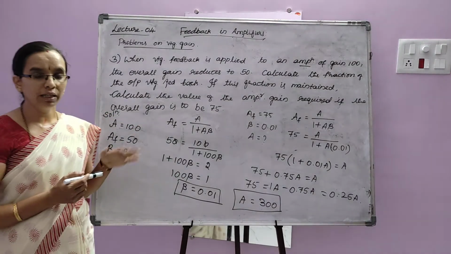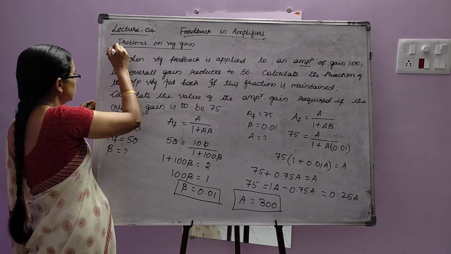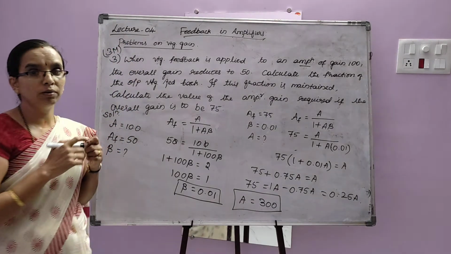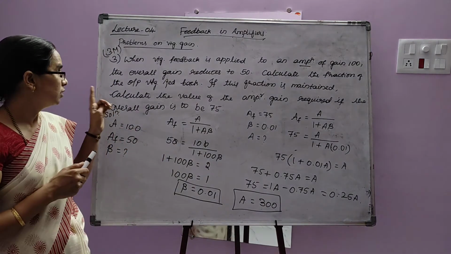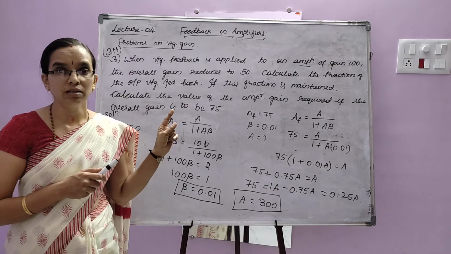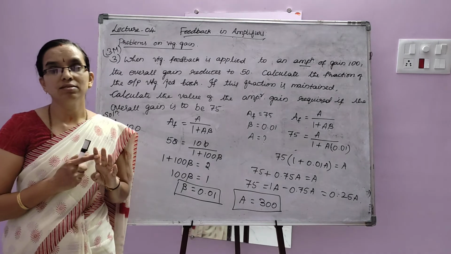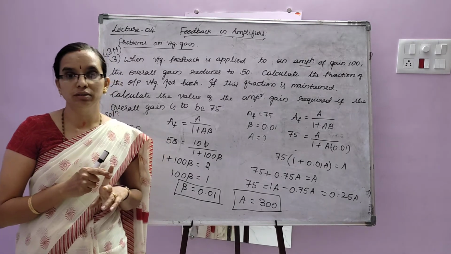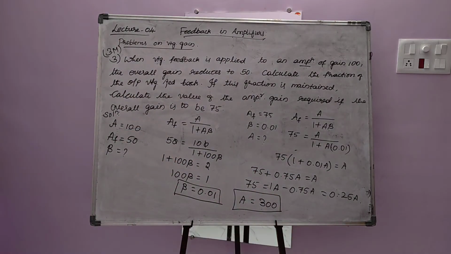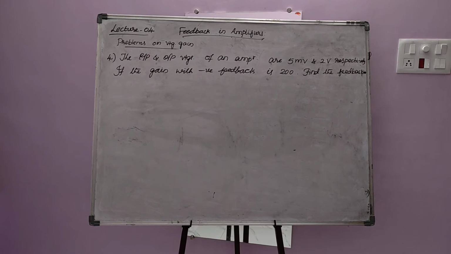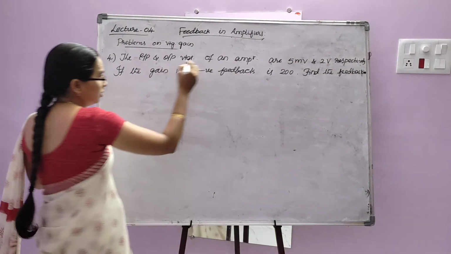See, these problems are very important. This will be compulsorily asked for 3 marks. 3 marks problem in part C. In part C, there is a problem on this chapter, feedback in amplifiers. So these problems are also important as well as the theory. Whatever now we are going to derive the expressions. Okay, look at the next problem. Let it be an assignment for you.